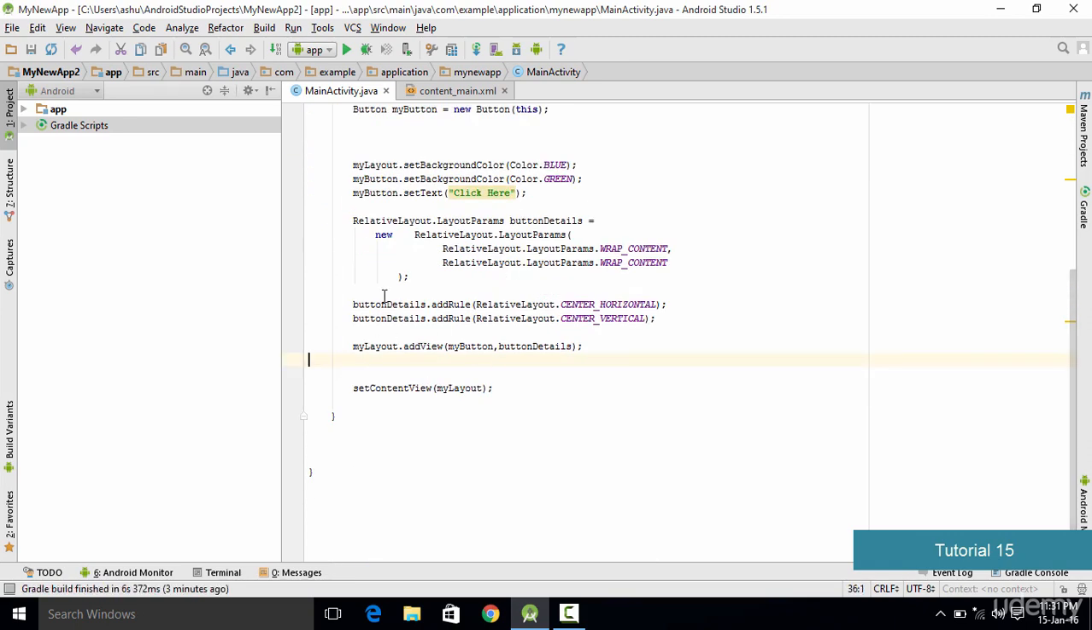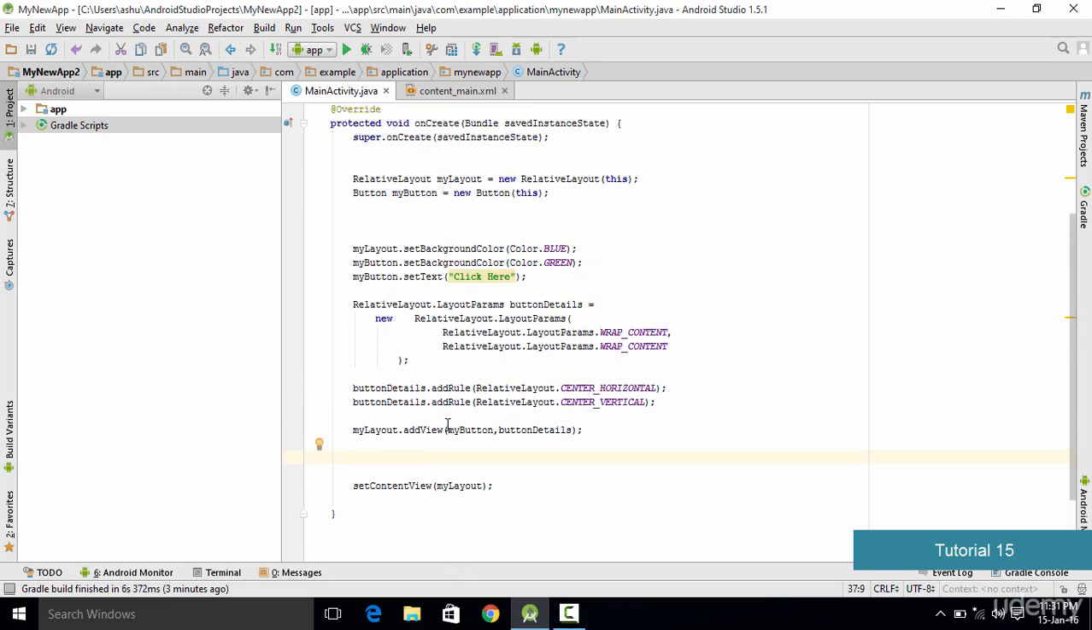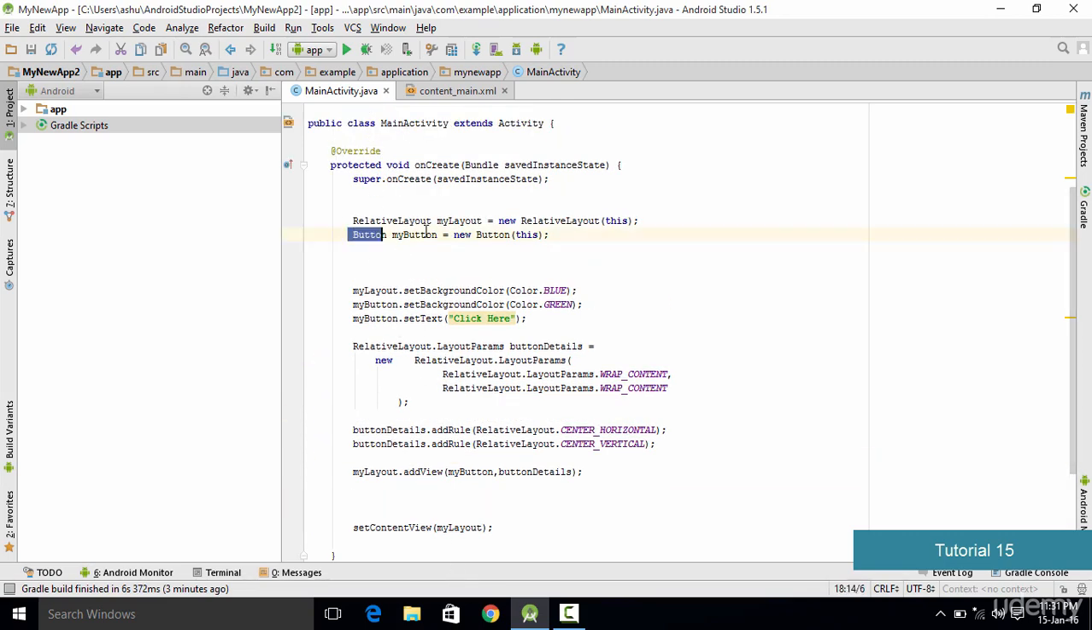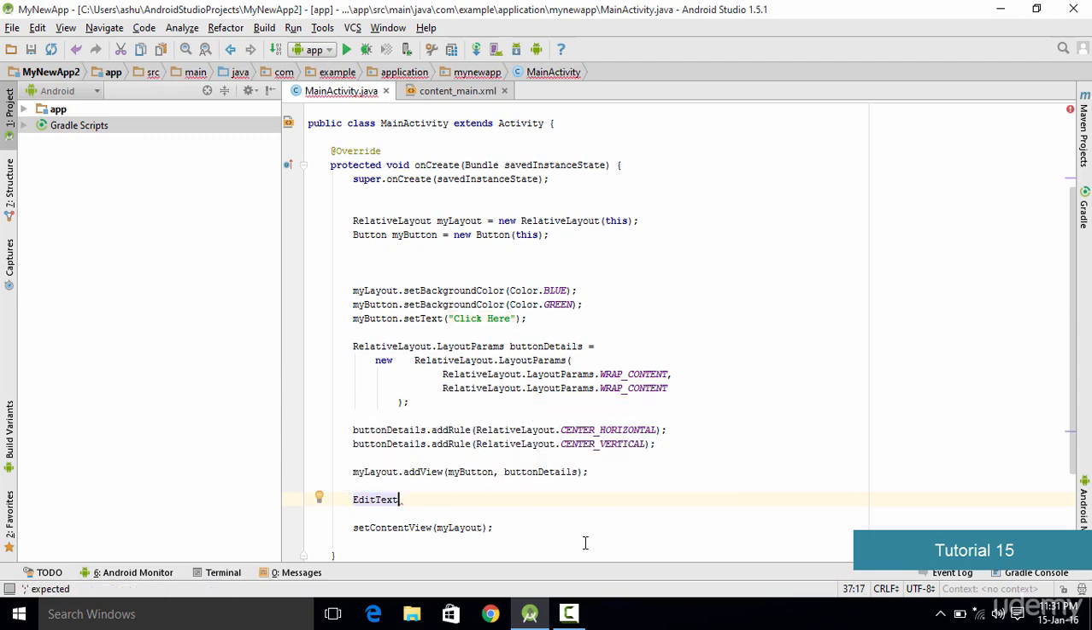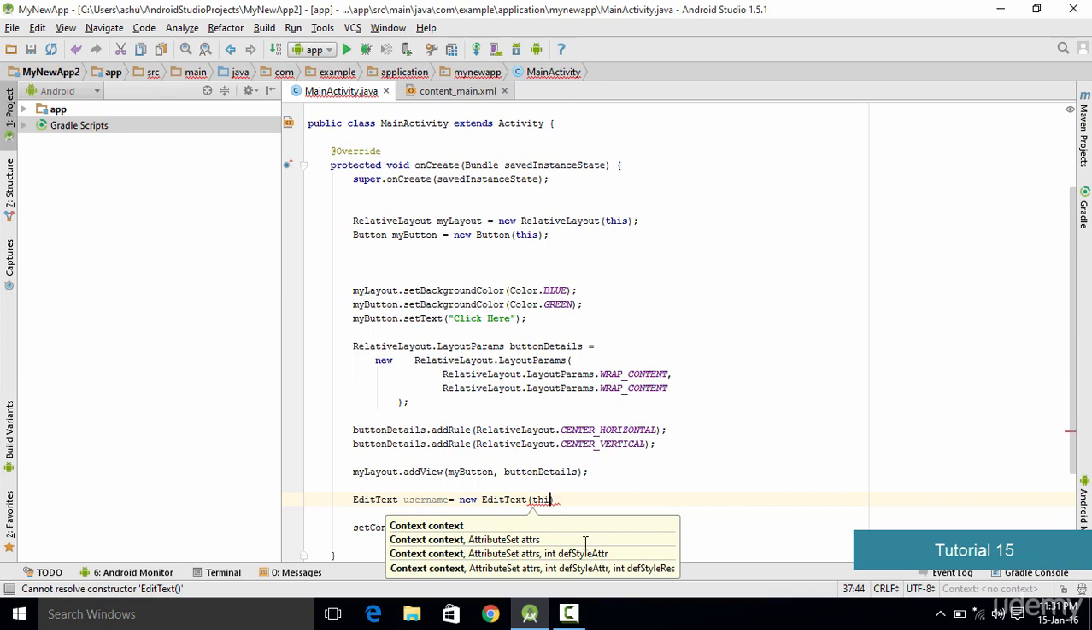Now let's go ahead and create the object for edit text in a similar fashion in which we have created the object of the button right over here. So in the same fashion we go ahead and create the object for edit text. So we type EditText, and let's say we want to accept the username, so we type EditText username equals new EditText, and in the parameters we are going to